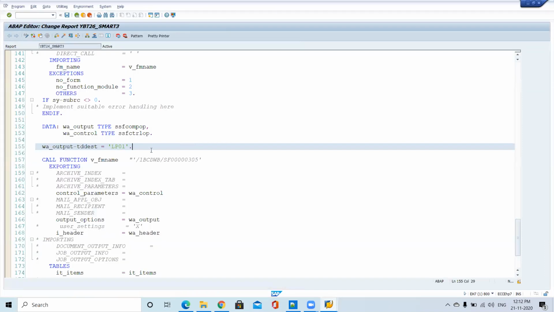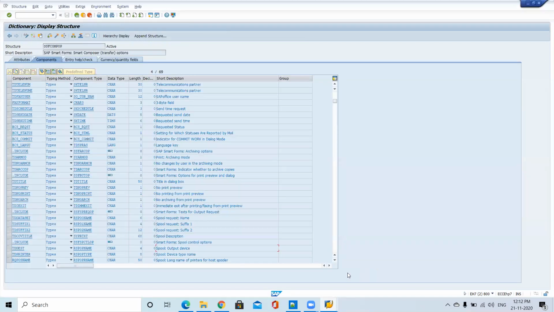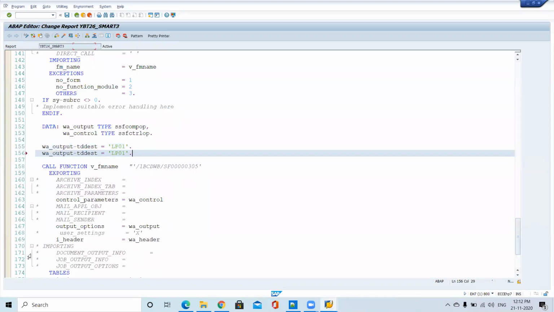There I've seen one printer, sir. TD printer name, something. The same table. Printer name. Yeah, TD. But actually, TD destination is the printer actually. So we'll see this parameter also.